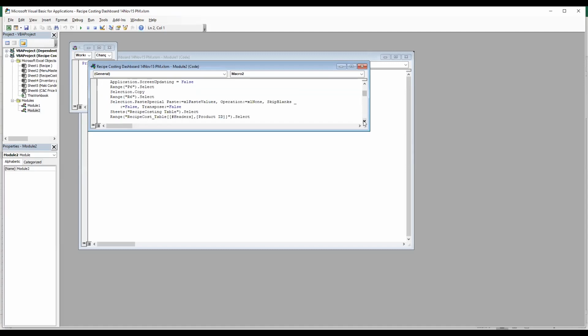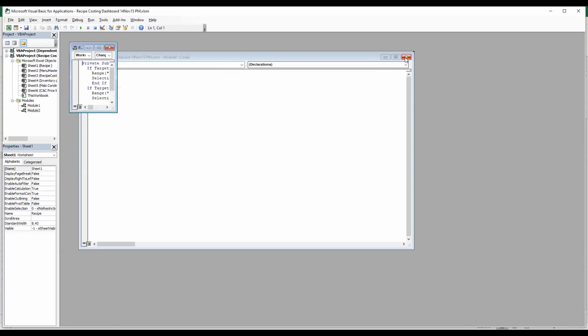Okay, it's got all these formulae in here. I myself don't know what they are, although I did it. So it's doing some things to pick up. There are two macros, macro 2 and macro 3, and it is doing something to pick up the items and put it there in that sheet. I don't think it goes anywhere else.